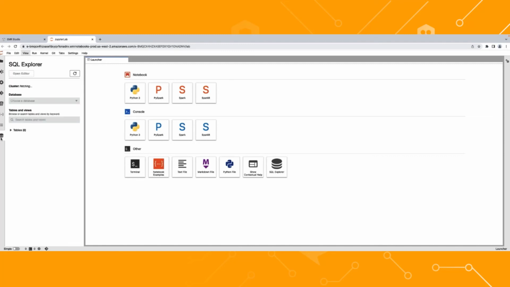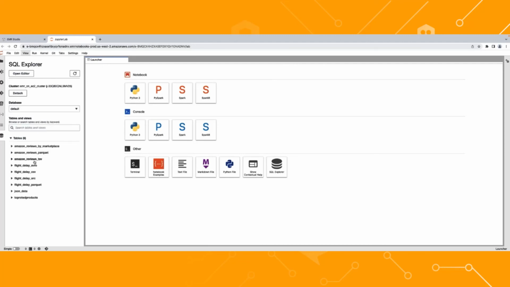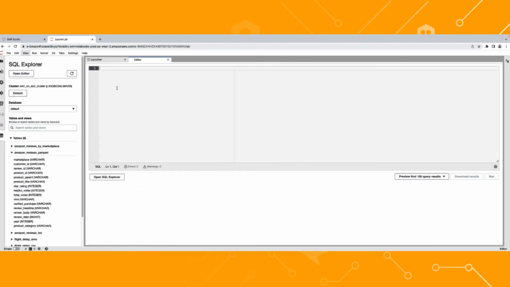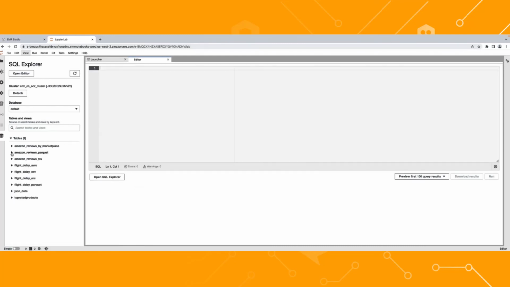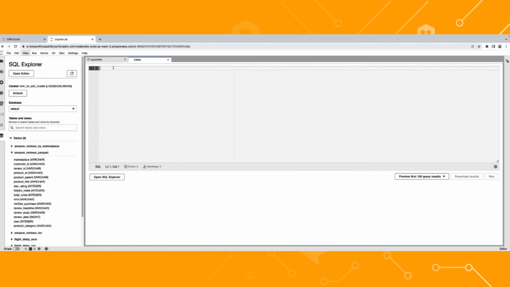So we have recently introduced an SQL browser. Once you click on the SQL browser, you can choose which cluster to connect to, your EMR cluster. You can choose the schema, which would automatically show you a list of tables. So this connects to the Glue catalog. I've already made a few data sets available. So you can click on the open editor and you can start writing SQL queries,